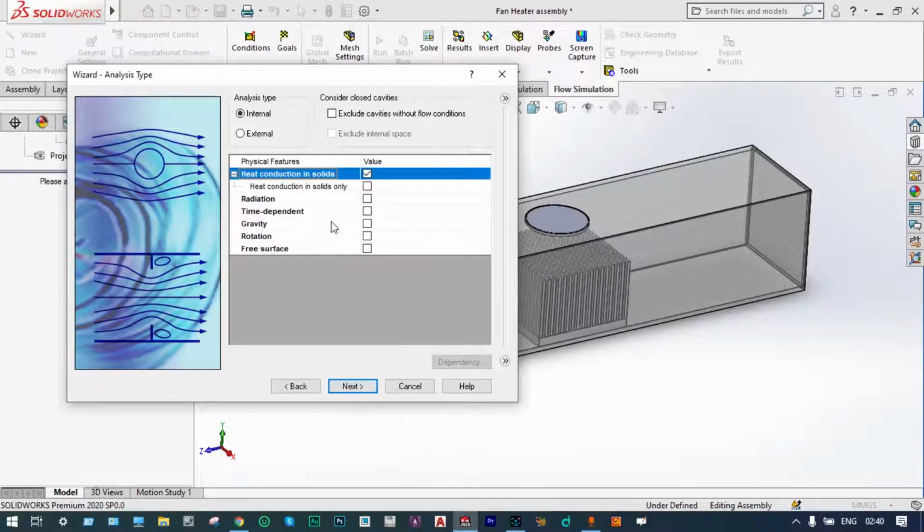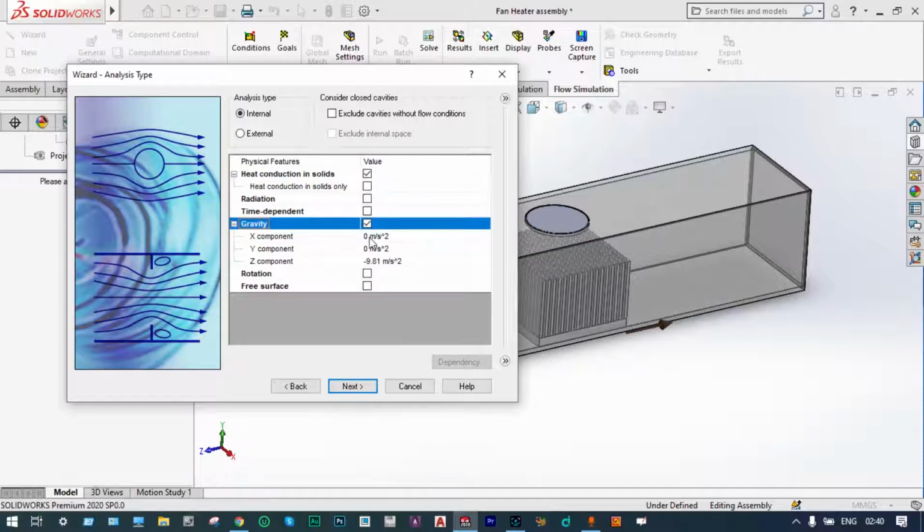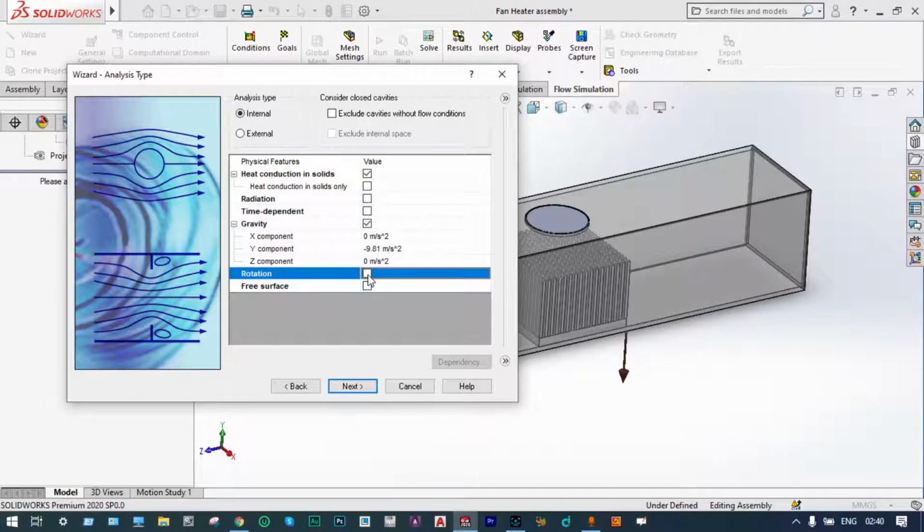Gravity will definitely be involved and the direction of gravity will be Y. So along the Y direction it will be minus 9.81 meter per second square, and along the Z direction it will be 0. And definitely rotation will be involved because the left hand side fan will be rotating at different speeds, and based on the speed of the fan we'll get different temperatures at the exit right end. Okay, next,